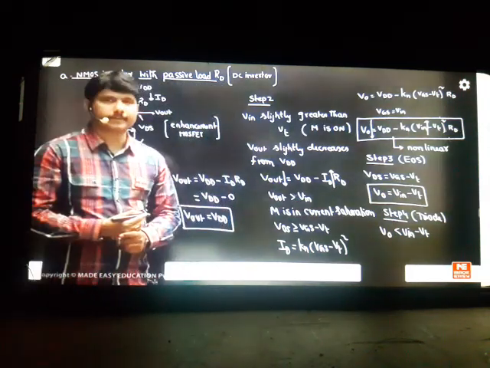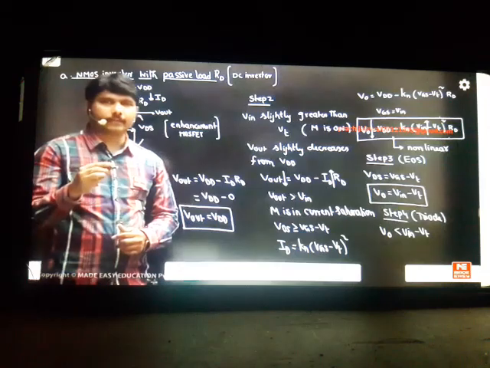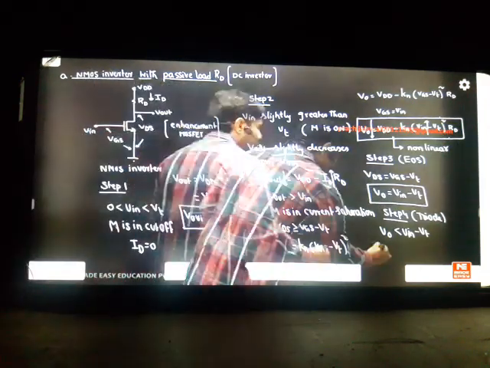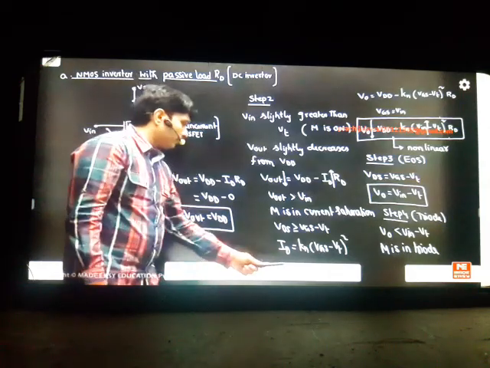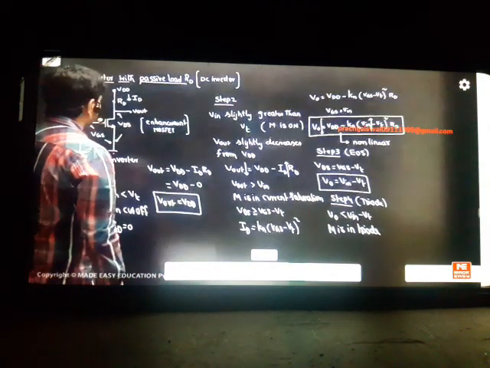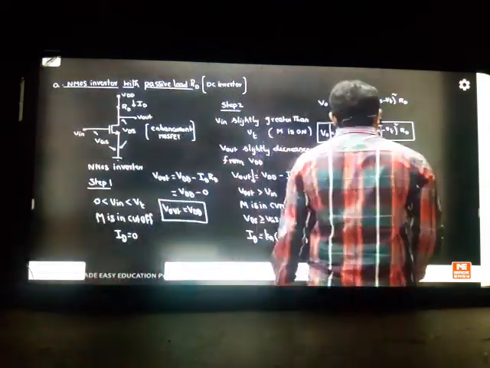So whenever you reach this point, when your output is less than input minus VD, you can confirm that your MOSFET is in triode region. So your M is in triode. If your M is coming to triode effect, then I think your ID relation,